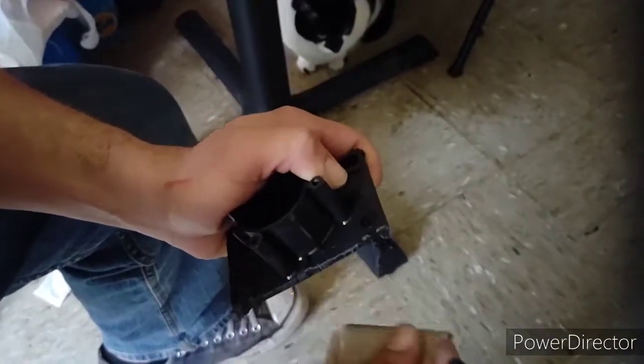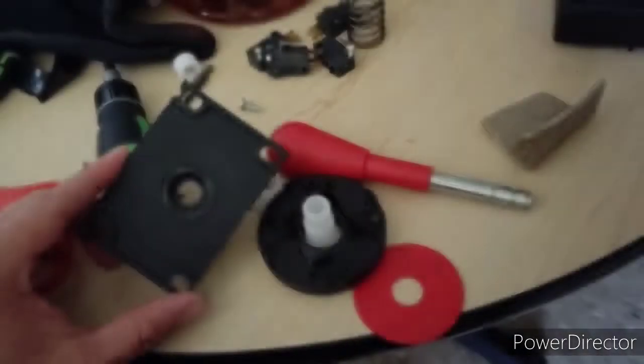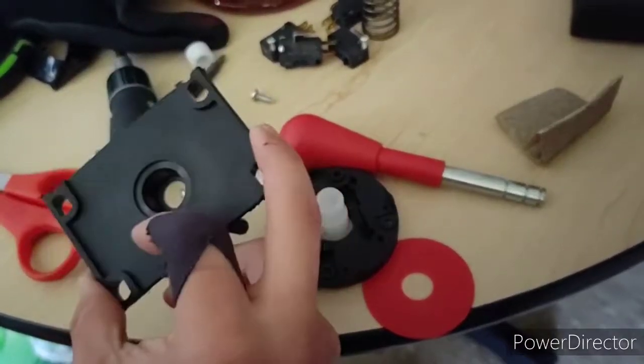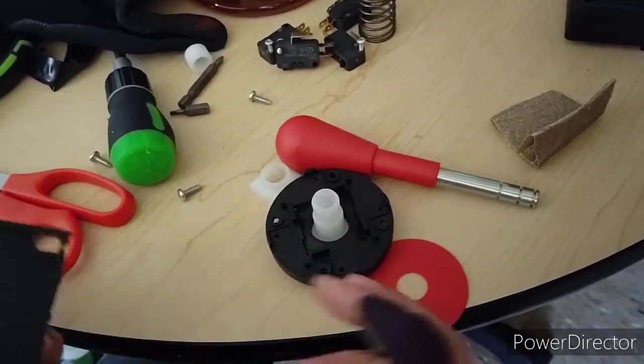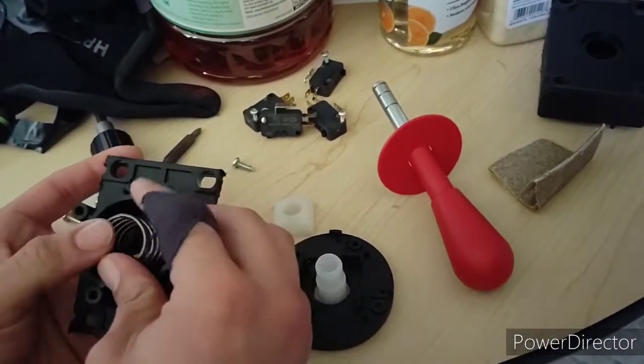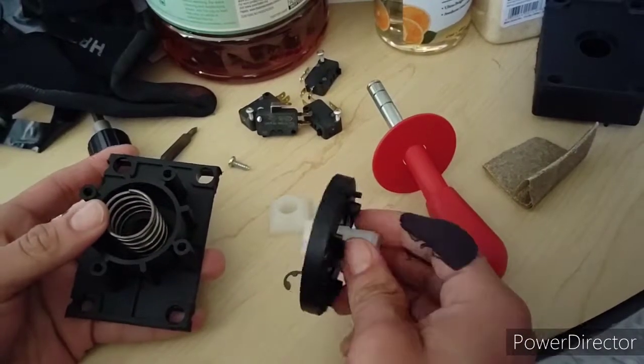Alright guys, so now you've seen me cut down the plate. Now it's time to reassemble this thing. And how is it done? How do you do that? I need to put in this heavy duty spring first from the bottom, and then